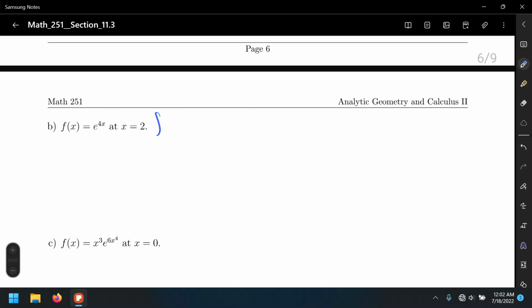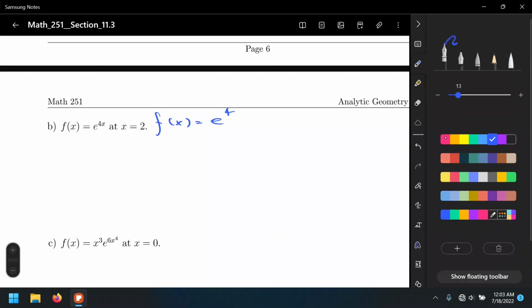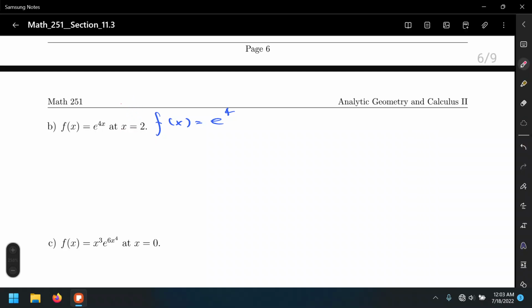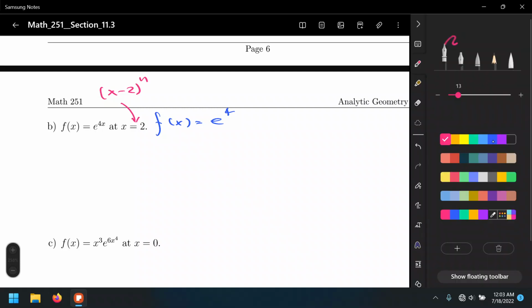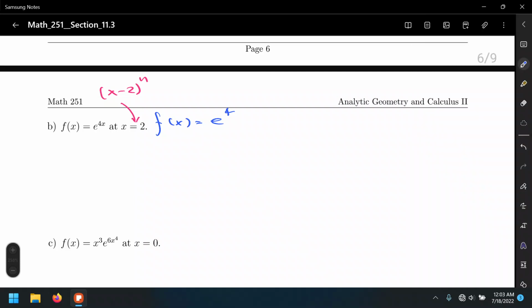So number 1, let's rewrite the function f of x equals e to the 4x. The fact that the series is centered at x equals 2 means that an x minus 2 factor, to the n power, will show up. Alright, so what do we need to do? We need to make sure that, in this case, e to the 4x